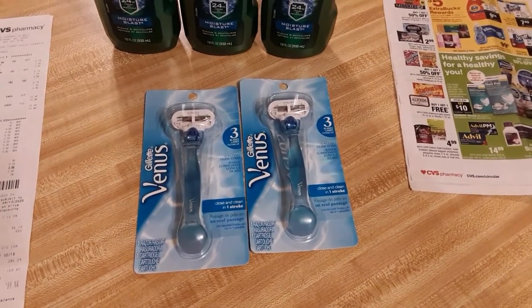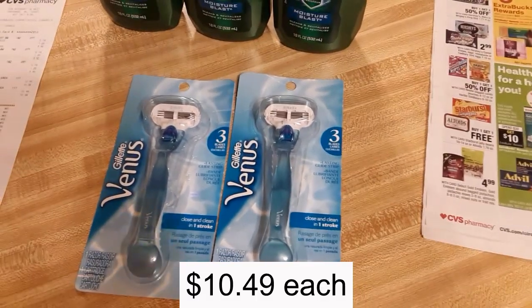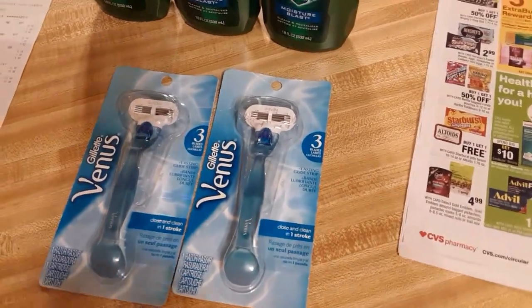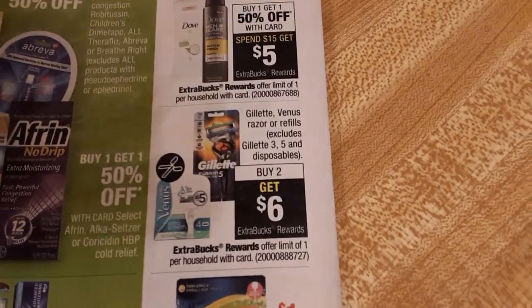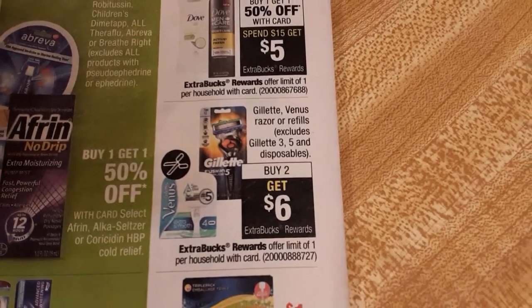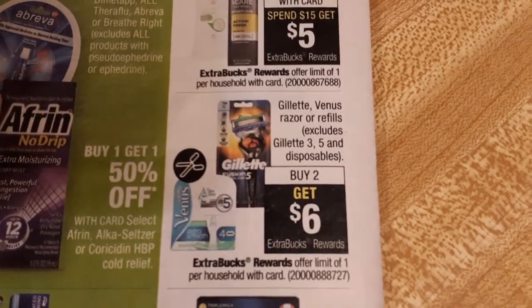The other promotion I was doing was the Gillette Venus razors. This particular brand was priced at $10.49. However, you may be able to find a brand that's closer to $10. Go that route if you have that available to you, because this promotion is not based on a dollar amount. And the promotion I am talking about is right here, the Gillette Venus razors or refills. Excludes Gillette 3, 5, and disposables, where you purchase 2 and you get $6 back in extra care bucks, limit